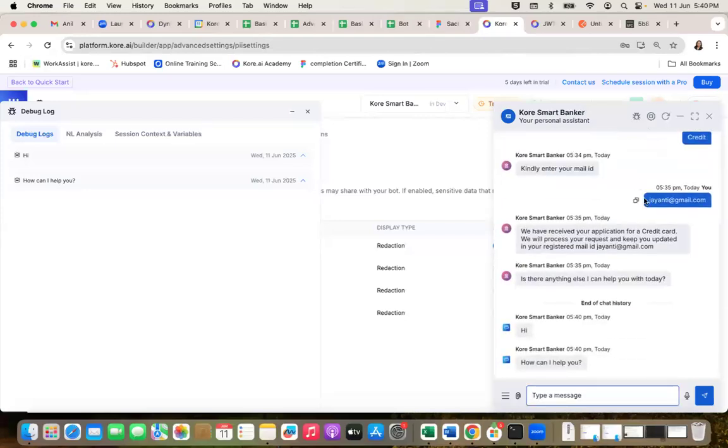So if chat history is enabled for your conversation window, this is of course a channel related configuration, whether you want to enable chat history or not. But on a given channel, if chat history is enabled, and if you are applying redaction at a later point of time, your previous conversation will not show you the redacted value. It will show you the original value that was entered. But now if I try this task once again,